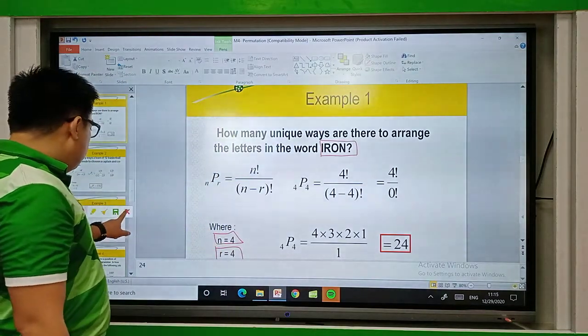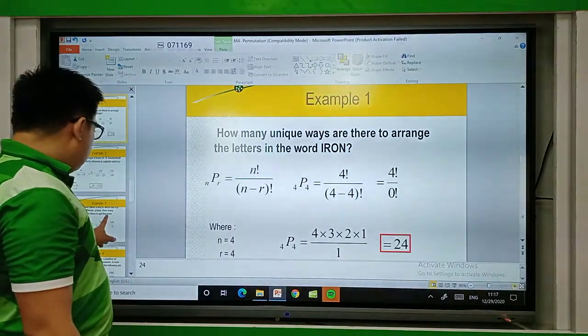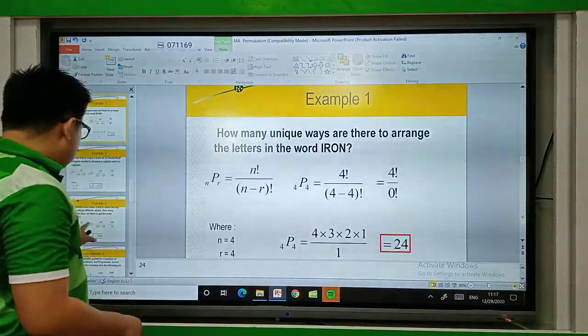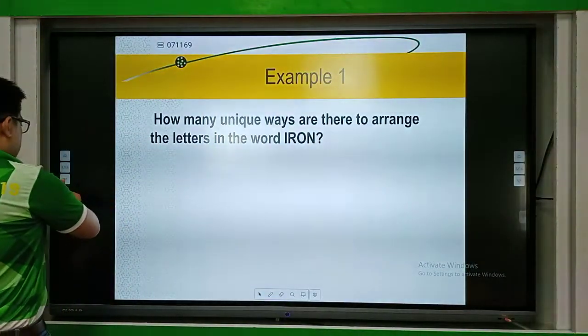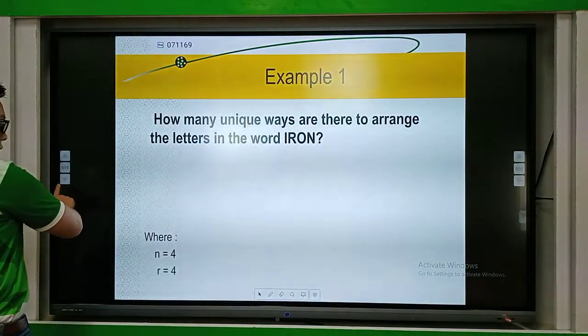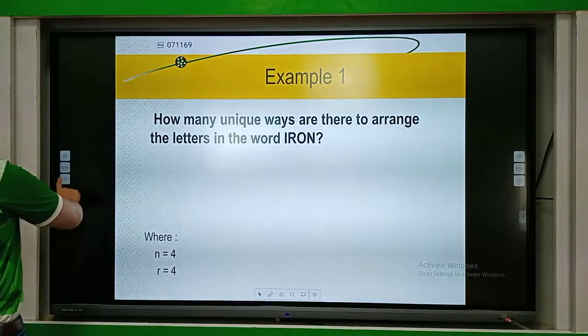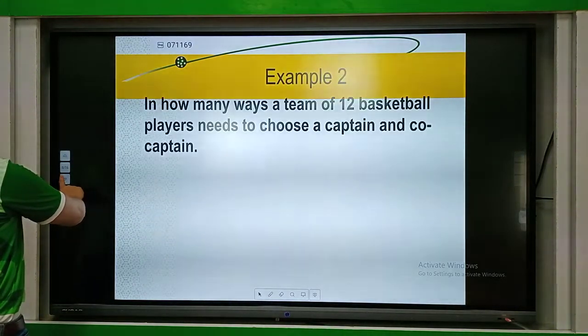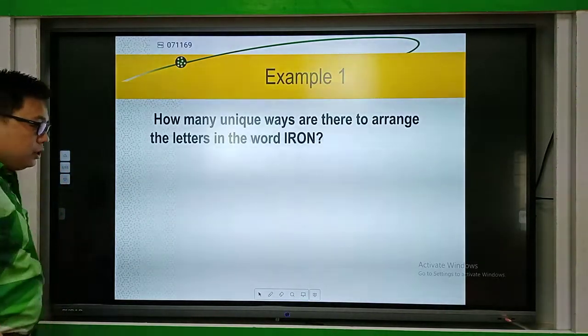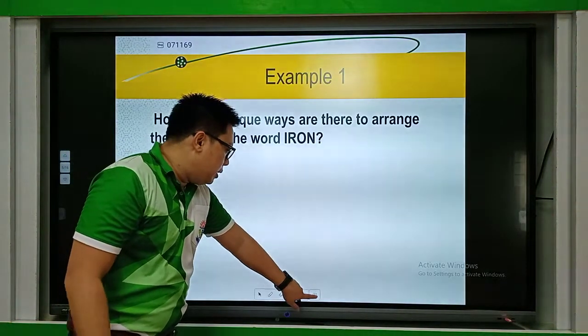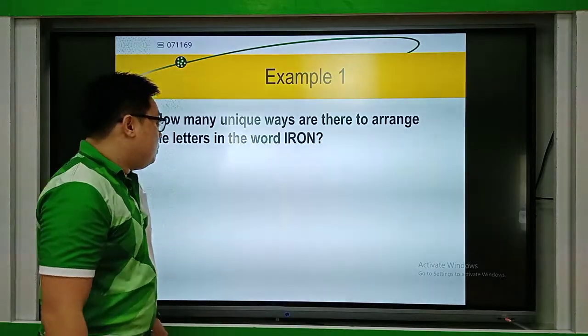Okay, so let me see if the next slide will be okay. It's not viewing. It won't show. Still won't show. Okay, so I think the versions are not compatible. So let me just use